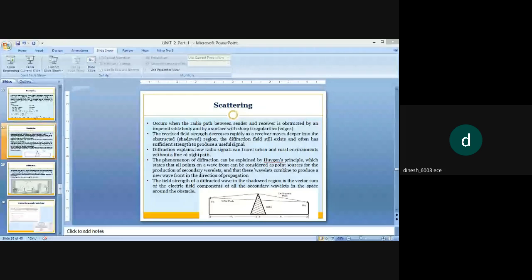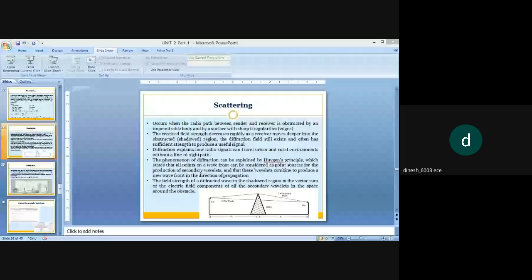The phenomenon of diffraction can be explained by the Huygens principle. All points on a wavefront can be considered as point sources for the production of secondary waves that combine to produce a new wavefront in the direction of propagation, as you have studied in your physics,